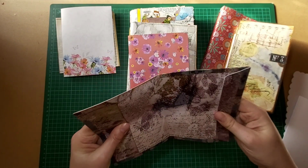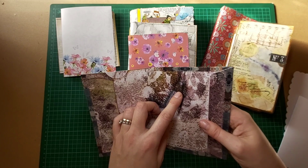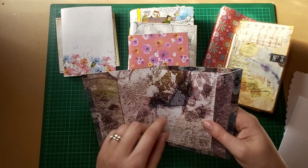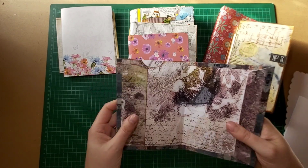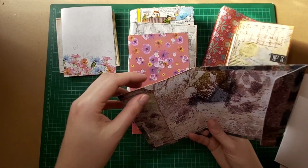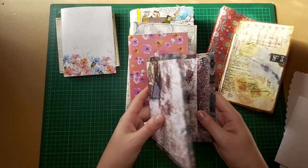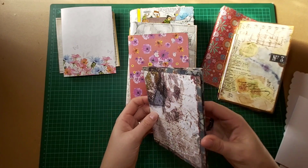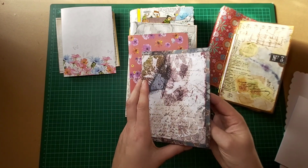It's a nice strong cover because I have used, I think it's 160 GSM card on here, so it is nice and solid, feels quite stiff. I've got a nice little tuck spot here, and I've created a pocket there as well. So this again could be a standalone little notebook that I have in my bag. It could also